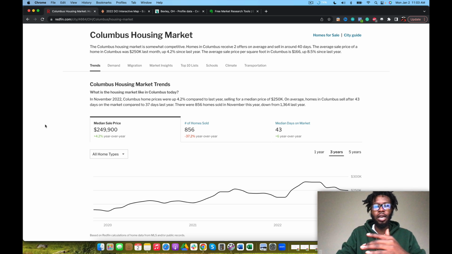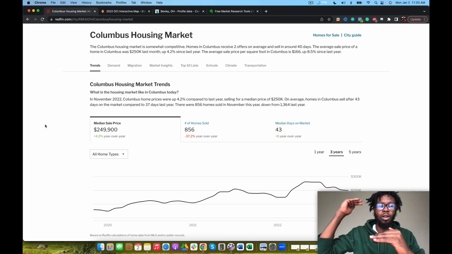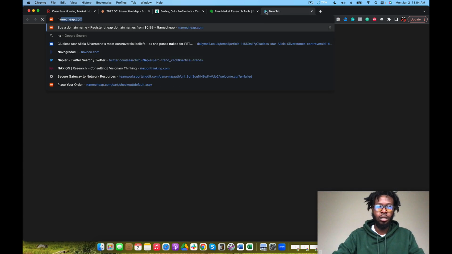So I like being able to see how many homes have sold in a market in addition to the median sale price. Now, just as a quick way that I use this, I determine if a market is affluent, meaning is it too competitive? Are the people not even going to be interested in selling their house for cash to me? So I can gauge that based off the median sale price. Let me give you an example. So the national average